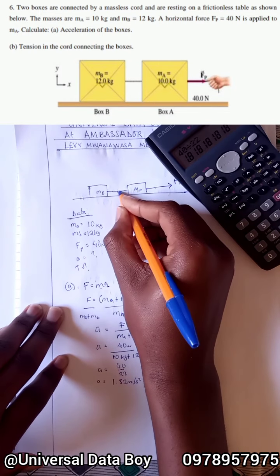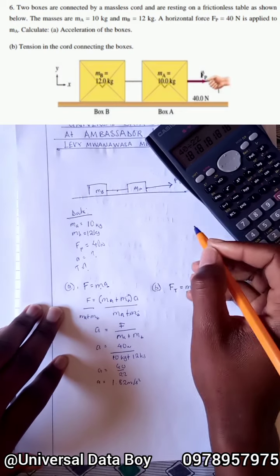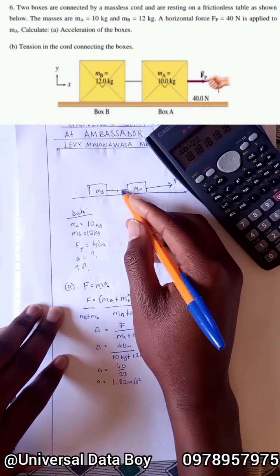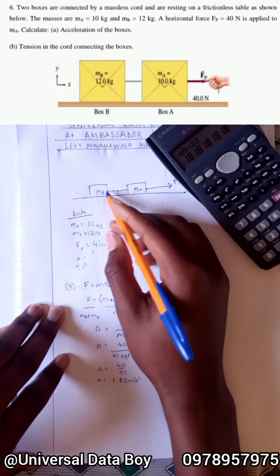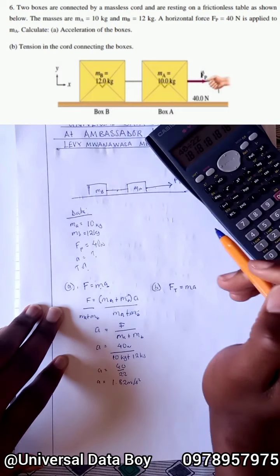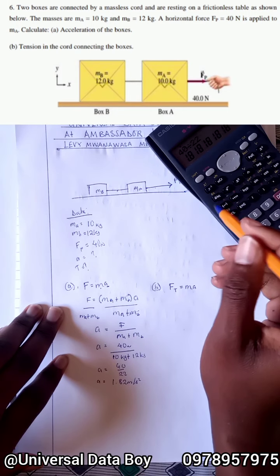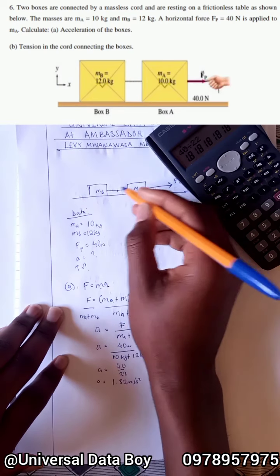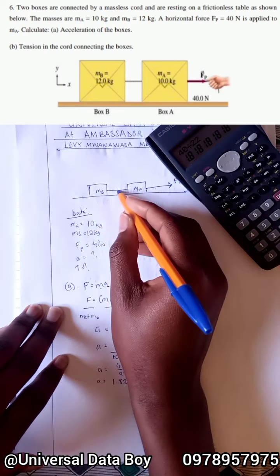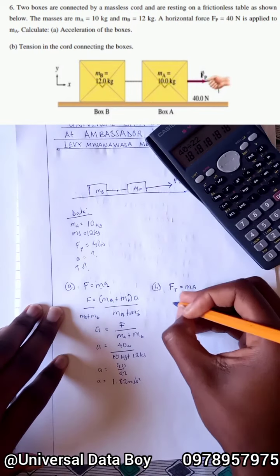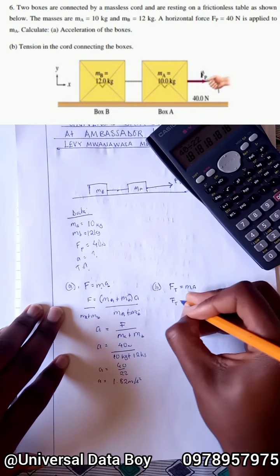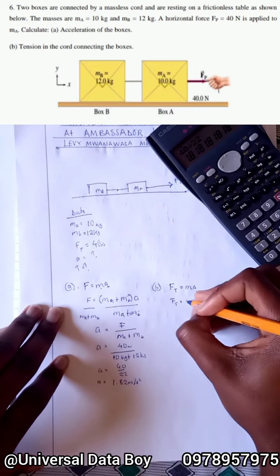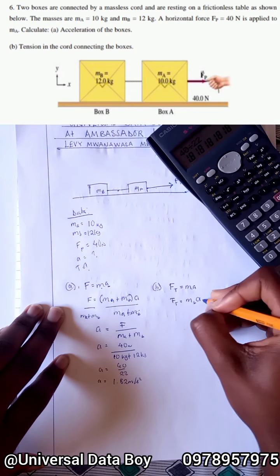We're considering this tension. So now this tension here, we can consider it looking at this mass. You understand? We'll consider the tension with respect to this mass, so we only consider this mass. So because this tension is here, we can say Ft is equal to the mass mb and the acceleration of b,